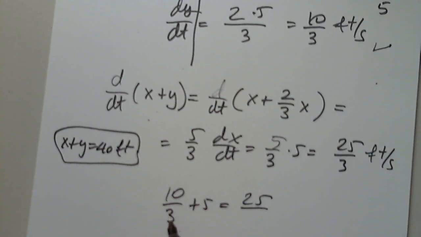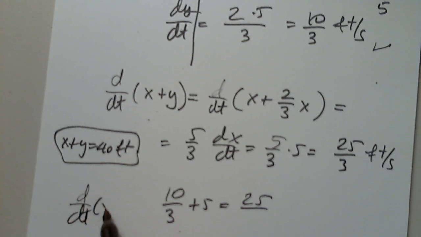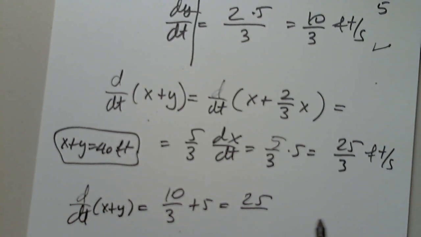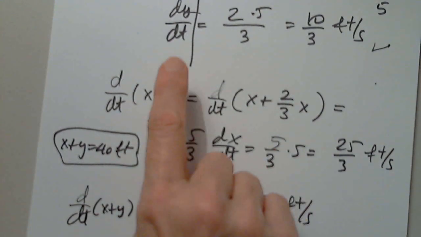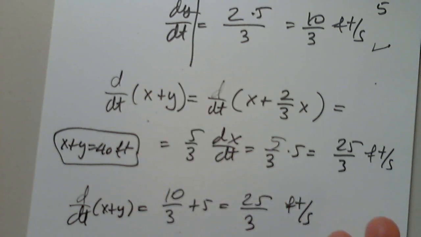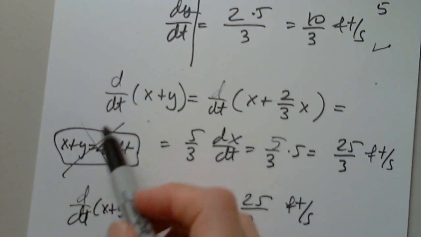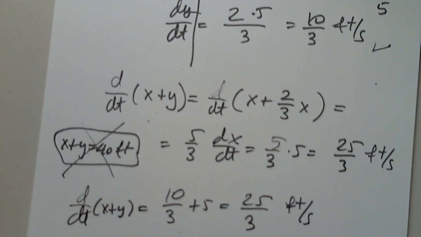So that's the d over dt for x plus y. They want us to add them together. So we found dy over dt, and they want us to add, but this makes no difference. So there is no need for 40 feet. I guess they did give us something we didn't have to use. But they were interested